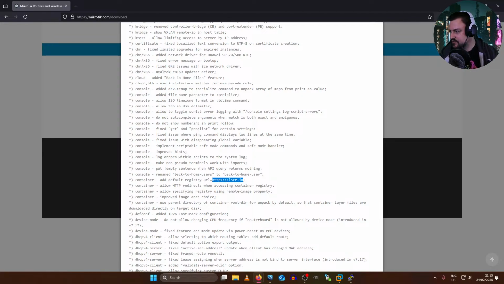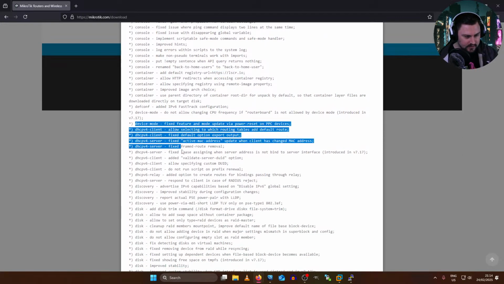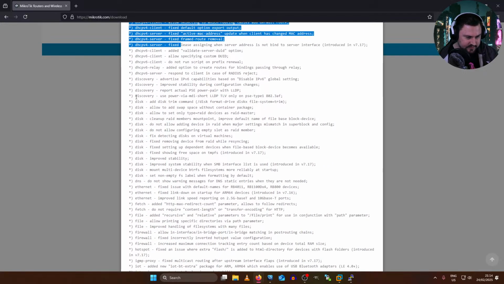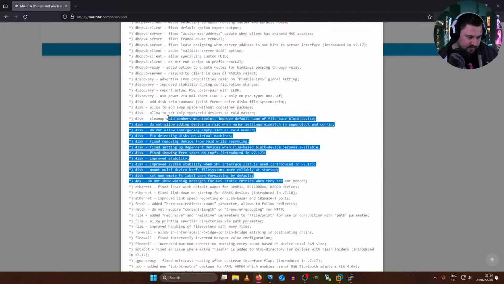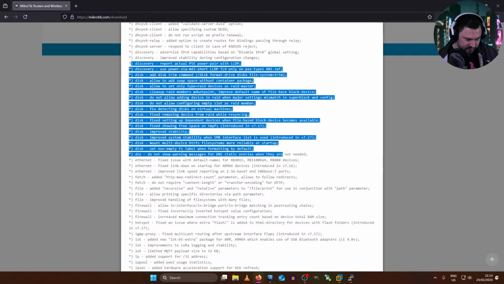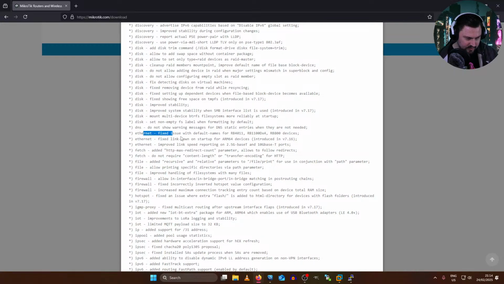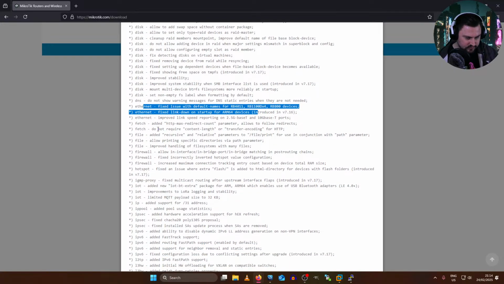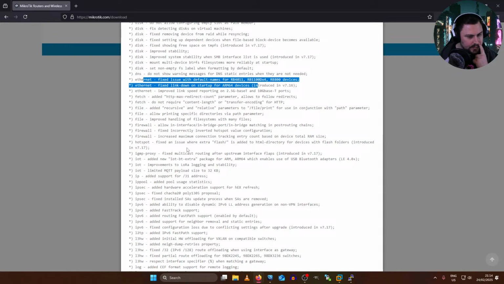Then provided registry 2 with Docker soon restricting. That's probably why MikroTik did that with that 10 downloads per hour. I don't even know, because I haven't done a lot of container things recently. Quite honestly, over the last year, I've barely touched containerization. So it's pretty interesting to see. Some DHCP stuff, some disk stuff, which I'm sure goes hand in hand with their new mega server thing they want to bring out. Ethernet. Nothing too fancy. Firewall.